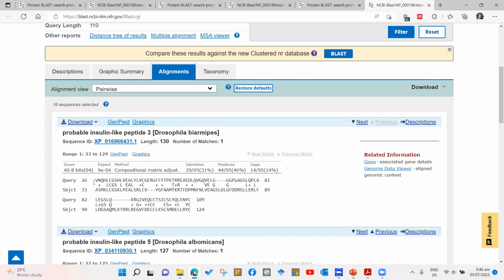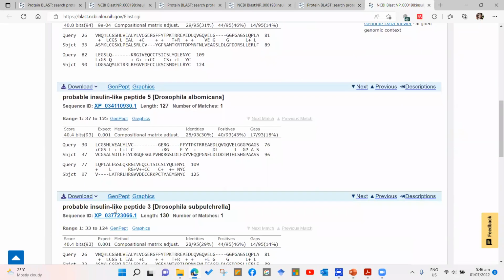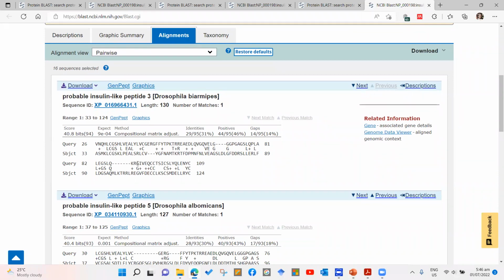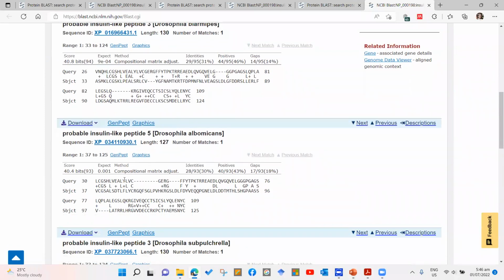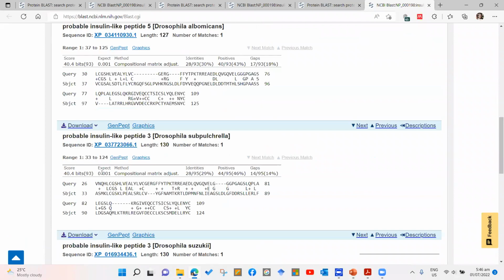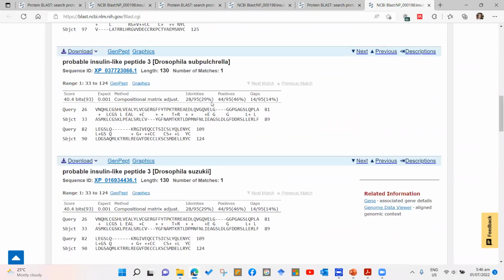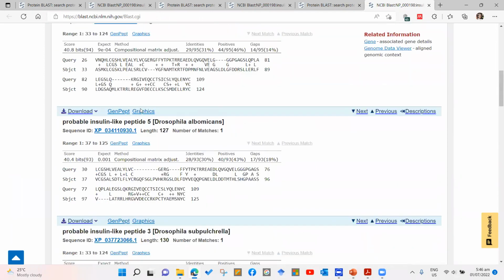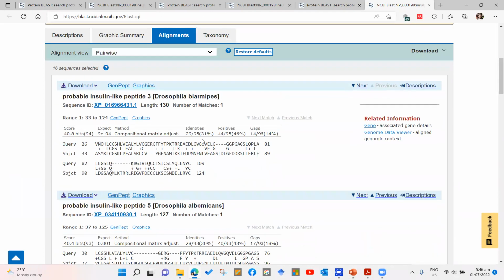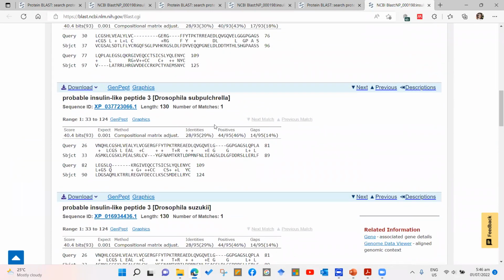So query starts from 26, the subject starts from 33. So these are the 76%, basically again a local alignment search, but you can already see some gaps here. So here is your expected value, the lowest expected value. This one is the higher one, 0.001. So anyway, you will see here the percent identity. This one is only 30%, this is 29%, 29, 29. This is 30. So basically, you will see here, they do have the same expect values, but really not the